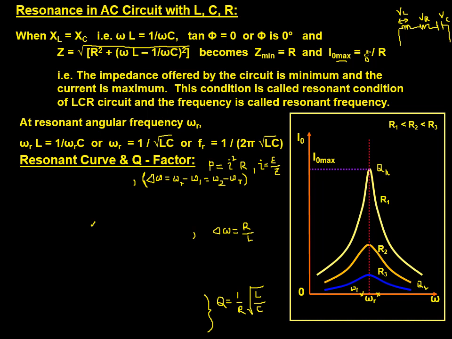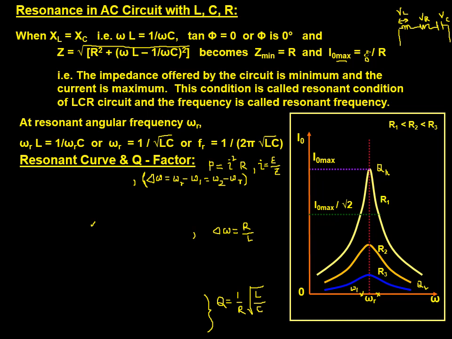It's I naught max, but the I naught max actually depends on the value of R. Higher the value of R, the flatter is the curve, and we can see that the value of I naught max is decreasing. There is another part, that is I naught max divided by root 2, that is called half power